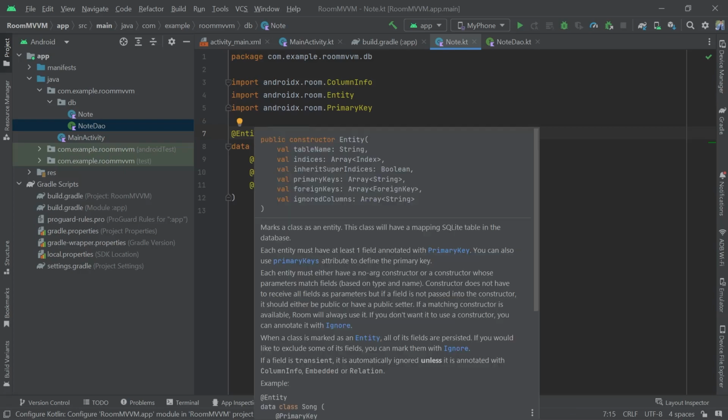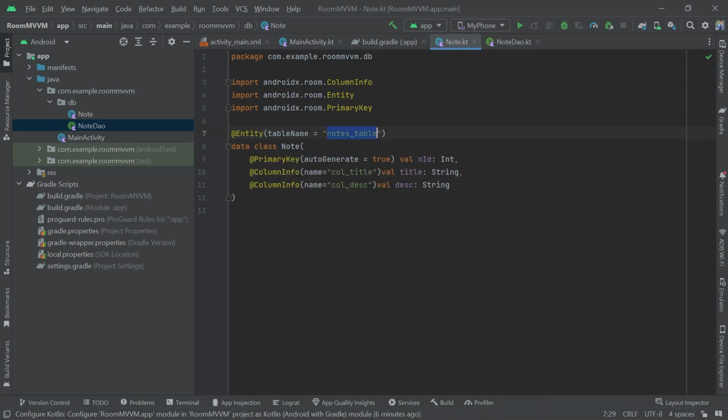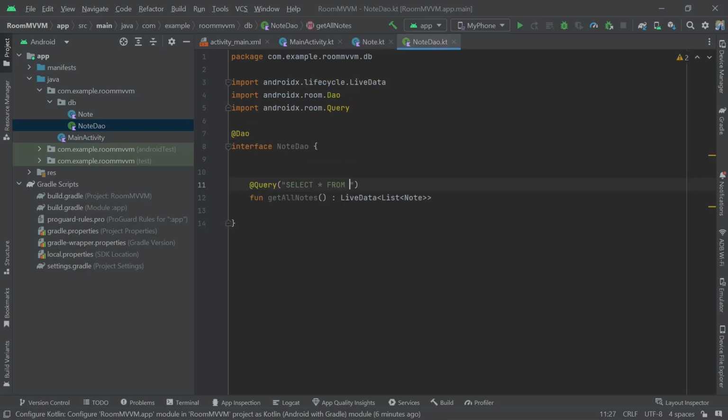Inside this, you can also define multiple parameters. You can see indices, primary keys, foreign keys, and more things. So here we are just defining this notes table, and inside of this DAO, now I can define this value. This is my first method that will return us a LiveData for a list of notes. And after that, we also have to add here a